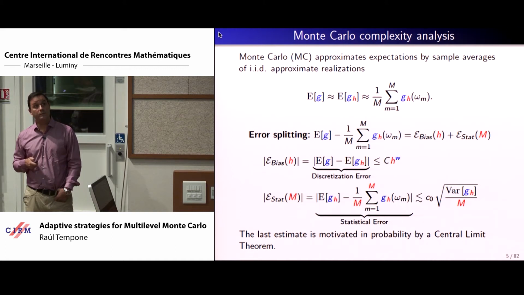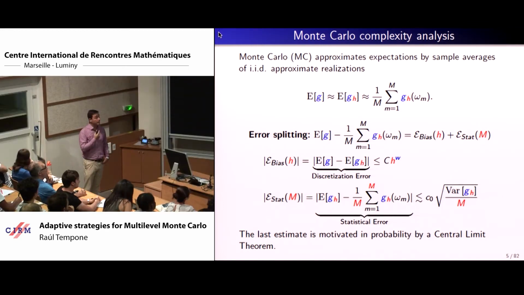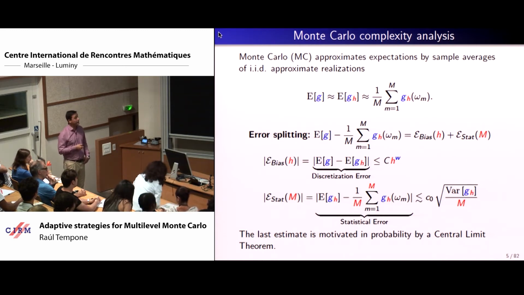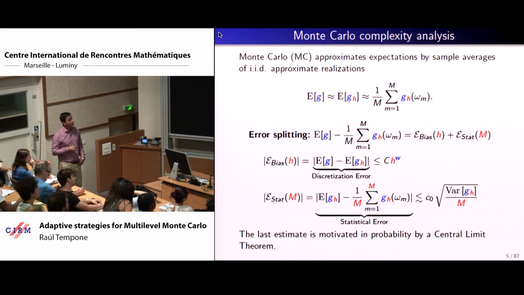One that we call the bias error, the other is the statistical error. And for the bias error, we have essentially an estimate of this kind, which is coming directly from the deterministic analysis, pointwise, and then integrated upon this expectation. So if your method has order W with respect to H, the discretization parameter, the constant that comes from the deterministic analysis will be random, of course, because it will be depending on A and F. But once you take the expected value, you get the average of such a constant, which is no longer stochastic, it's just a deterministic constant, all right?